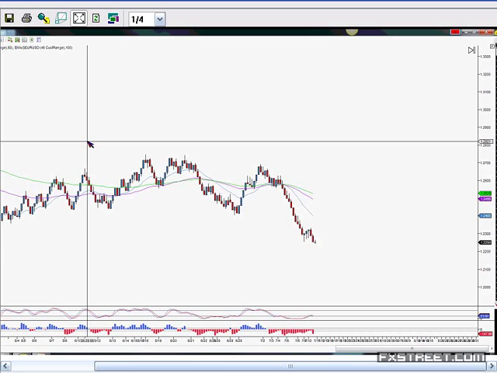Now, what I've got here is 3 moving averages on the chart, okay? You don't have to use them. You can use pure price action, but we have found in the past that just by using a couple of moving averages, it does tend to keep you out of some of the not so great trades. It's going to cause you to miss some of the great trades, but unfortunately it's swings and roundabouts.